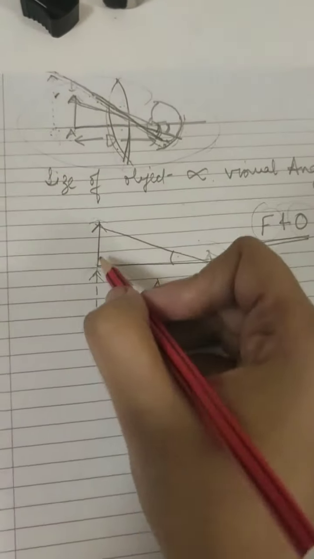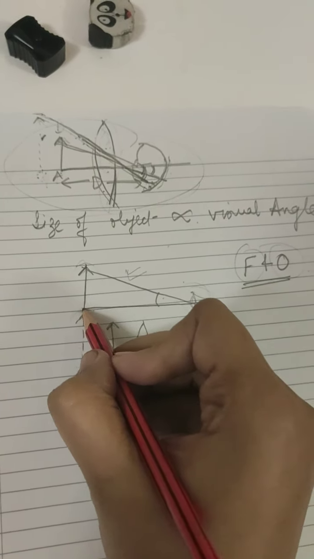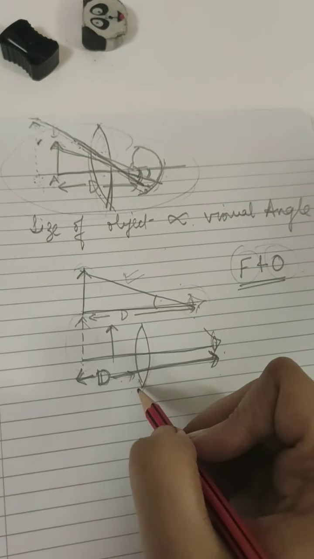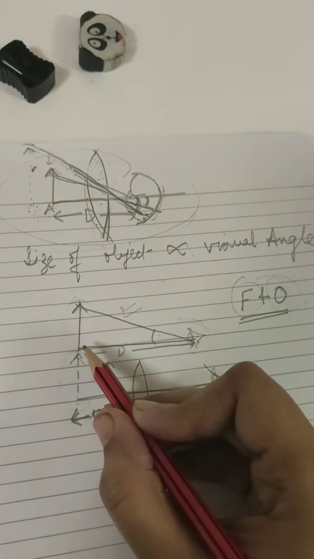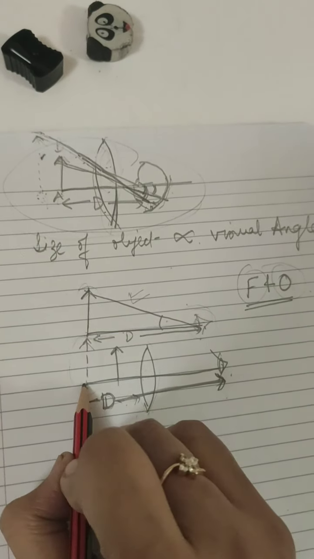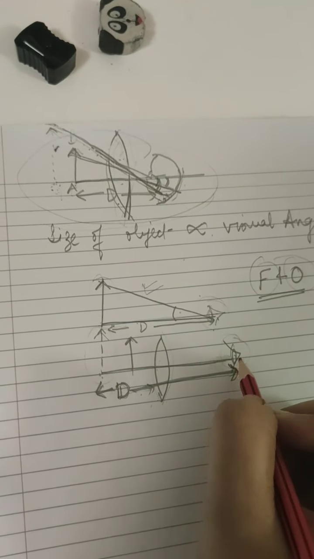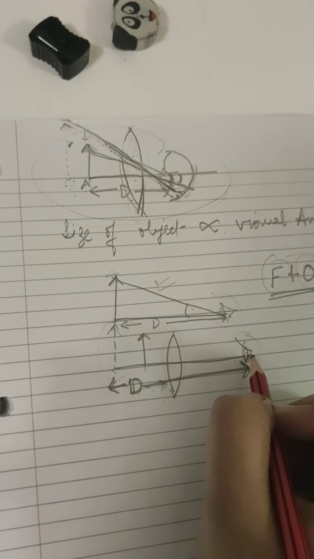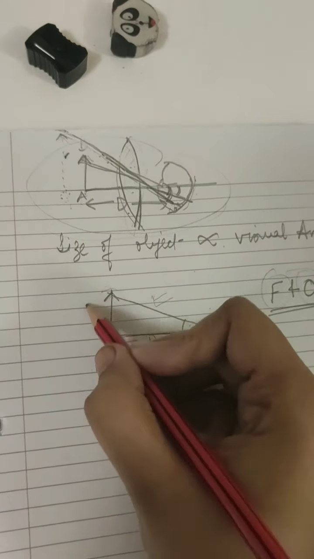I repeat once again. This is the case without the lens, where I have taken an object and the object is kept at D. Then the object will be seen most distinctly. Now I insert a lens between the object and the eye. I shift the position of the object closer to the lens such that the image is formed at D. Now the image that is seen by the eye is the most distinct image, because an eye sees the object most distinctly at D.